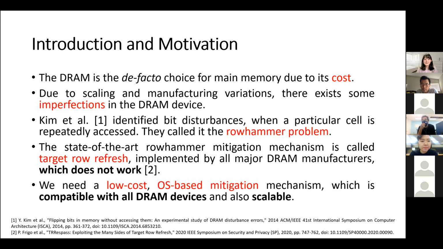However, recent research works have shown that there are ways to bypass TRR by fooling the mechanism with complex access patterns. Therefore, we can't rely on hardware-based mitigation techniques only. We need a combined OS and hardware approach which can communicate and thwart Rowhammer attacks more effectively. All the while, we also have to ensure a low cost of implementation and low performance overhead of such a technique. In addition, we also need to